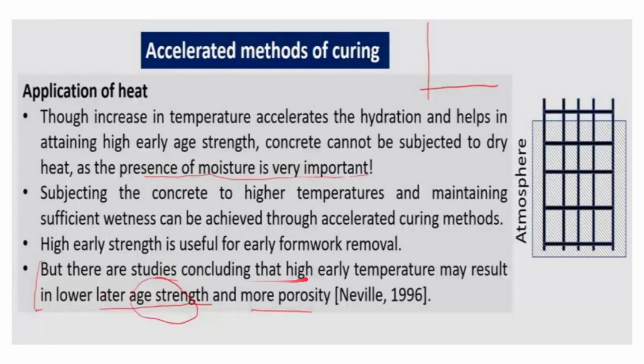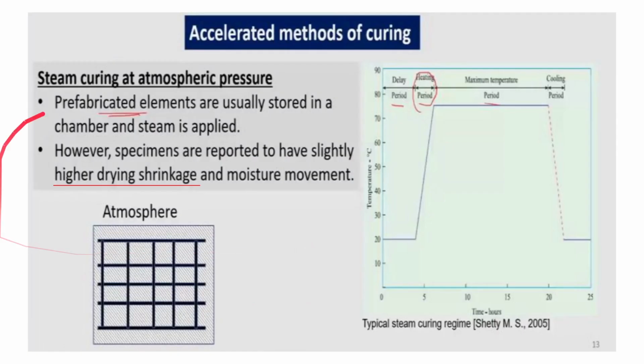But there are also studies concluding that high early temperature may result in lower later age strength and more porosity. So much more investigation is required to accurately determine how accelerated curing may affect the performance of concrete in a positive or negative way. But it is majorly accepted that acceleration results in early curing as well as proper strength gain, which results in early formwork removal. There are various methods of accelerated curing, such as steam curing at atmospheric